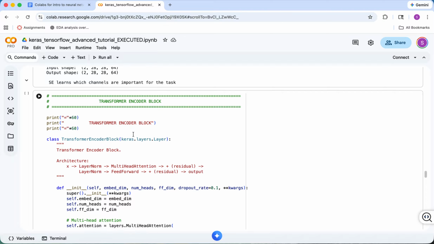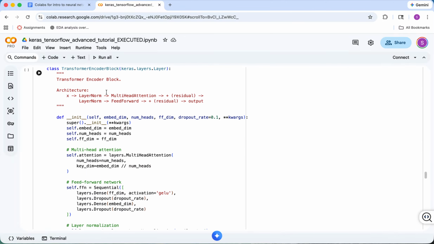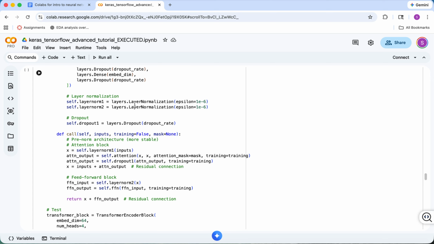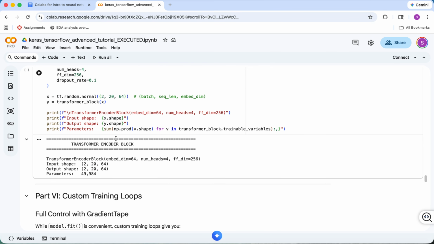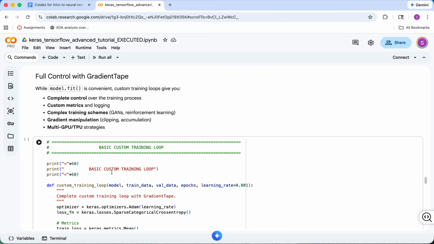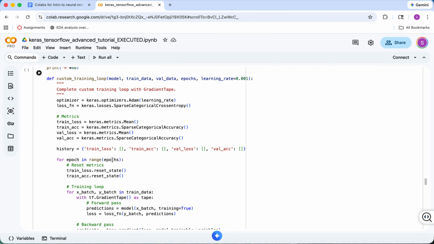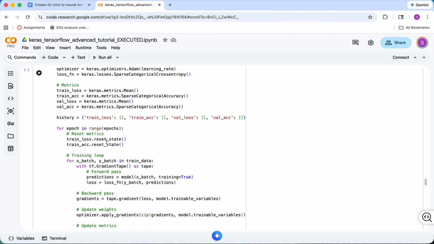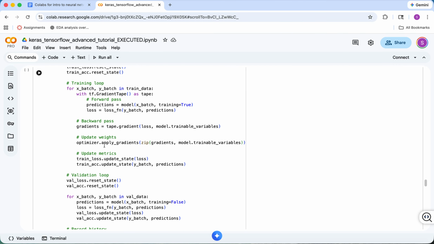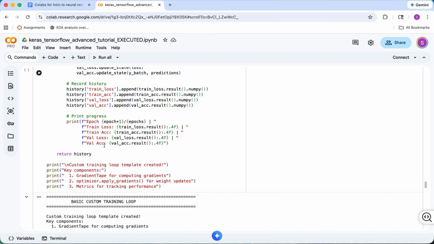Next, I implement a full transformer encoder block as a keras layer using the pre-norm architecture, which applies layer normalization before both the multi-head attention and feed-forward sublayers. In the next cell, I implement the complete custom training loop using gradient tape explicitly, computing the forward pass inside the tape, calculating loss, retrieving gradients with tape.gradient, applying them with the optimizer, and tracking both training and validation